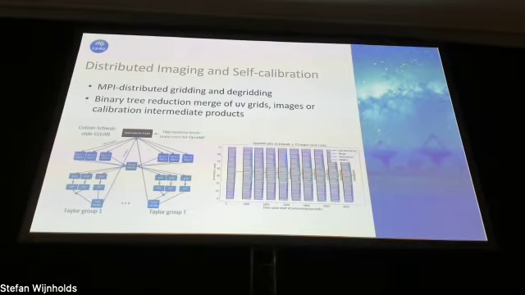So in imaging, you want to do something similar, right? You want to take an existing sky model. You want to do the same thing. You want to estimate what the visibilities are based on that model. But then when you've got them, rather than generating calibration equations, you can generate residual visibilities, and you can take those off to your parallel processes again, and this time you can grid them onto a grid, and you can Fourier transform them, and you can make a lot of different images with frequency and in different Taylor terms. And then you can merge them all together, now merging across frequency, and you can send that back to your clean process and do a sort of multi-threaded clean to update your sky model. Then you do it all again.